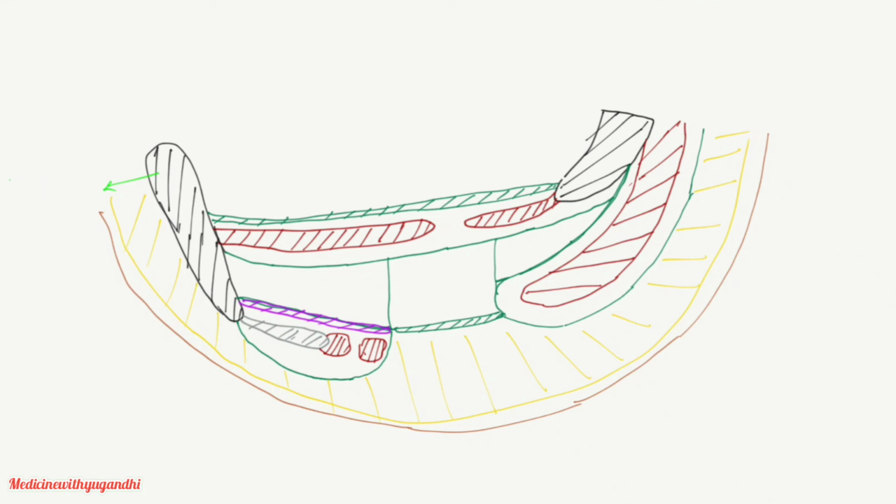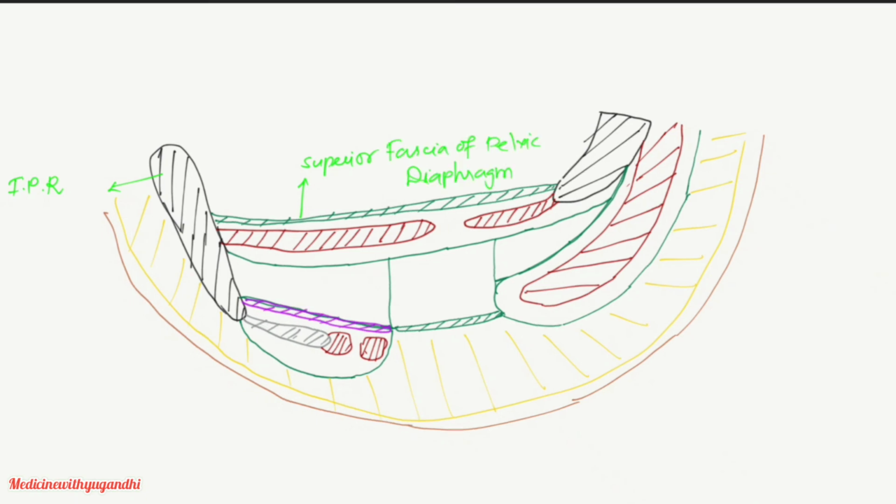So this is the ischiopubic rami, and then this is the superior fascia of the pelvic diaphragm, and here you can notice the sacrum and the end portion. This is the coccyx, and from that arises a muscle called the coccygeus muscle, and here is the levator ani. Of course you know that it is contributed by three muscles together.